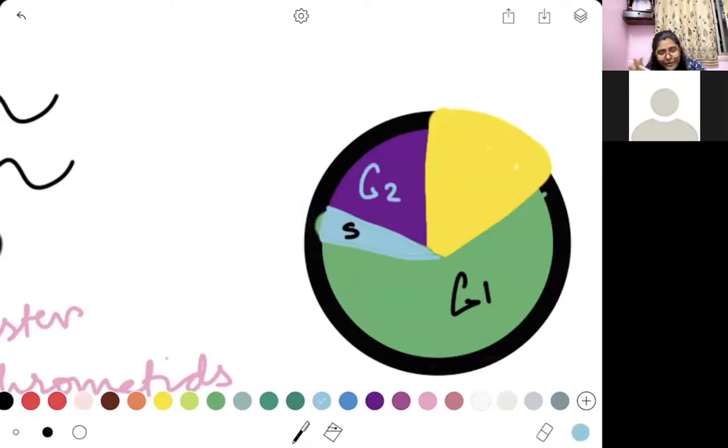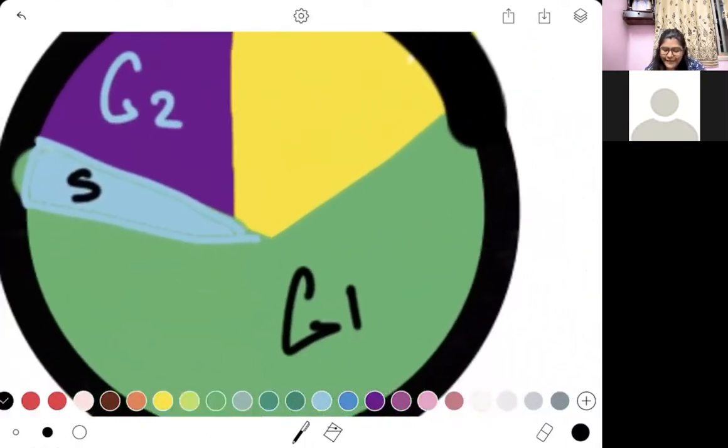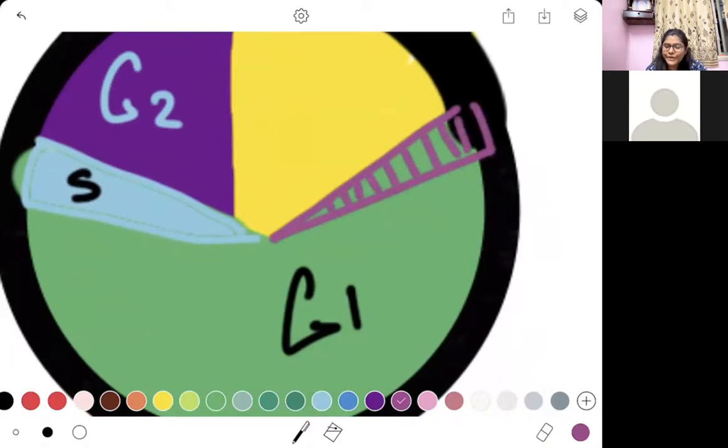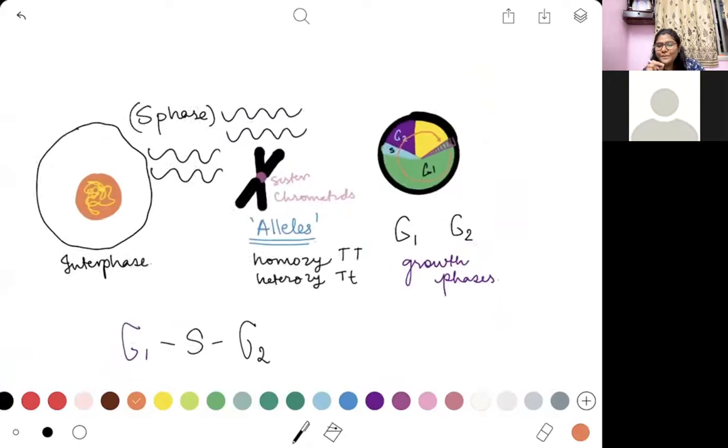Now all this while you are still not having two cells with you. All that you have, even while all of this is taking place, is just one cell that is really bulged up. It is at this point of time here, a very small duration, like here to here, that your cell is going to divide. And after division your cells are again going to undergo this, come here, and then you're going to have two new cells formed. So this is what you want to remember.